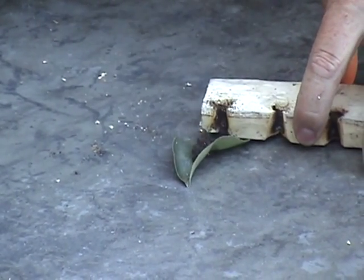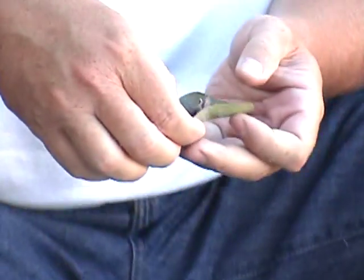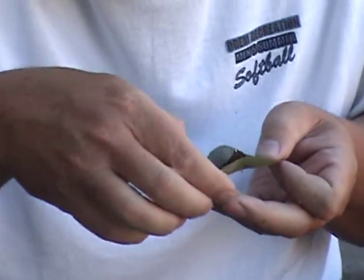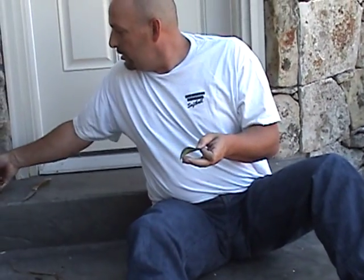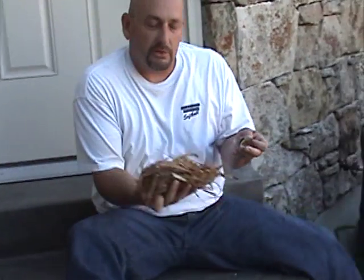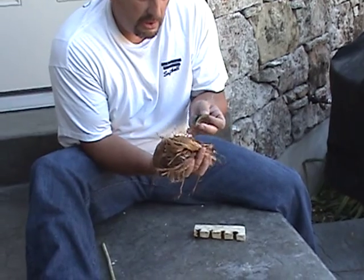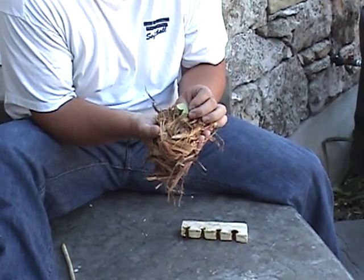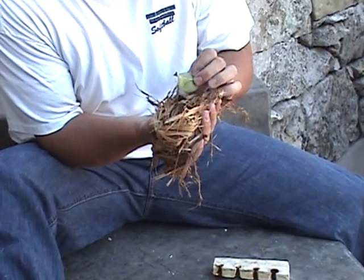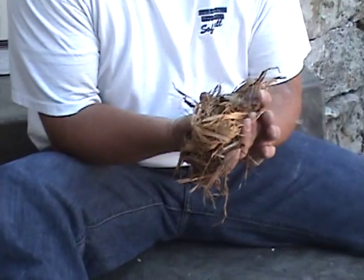You can see the ash on this leaf is smoking good, which means it's ignited. Then I take the ash and transfer it into a nest. This is just bark from a juniper tree, bark from most trees. The inside bark works,